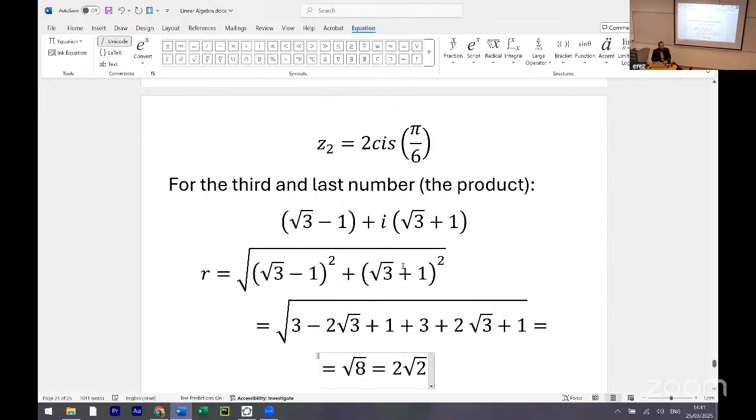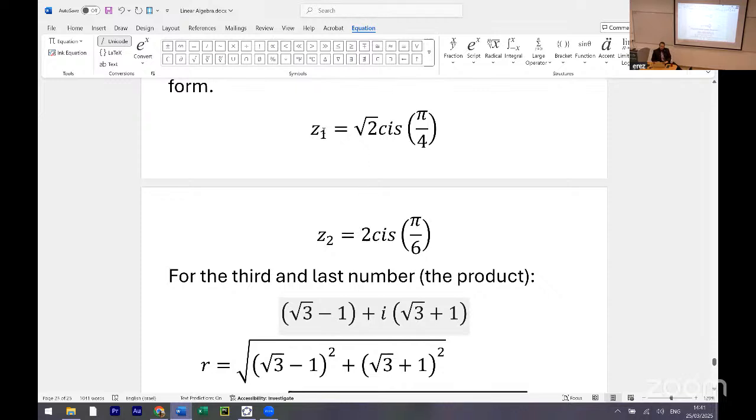And it's not surprising. That's what we are supposed to get, right? Because the distance of z1 times z2 is supposed to be the product of the distances, the absolute values